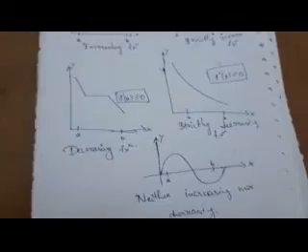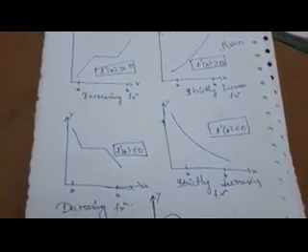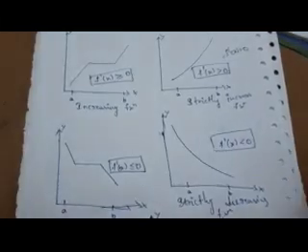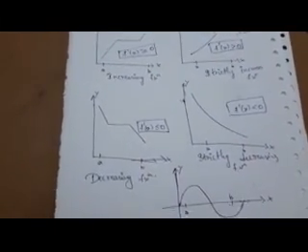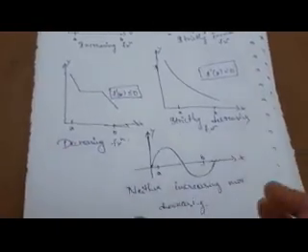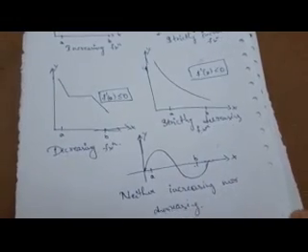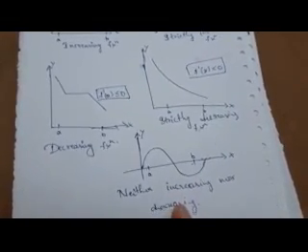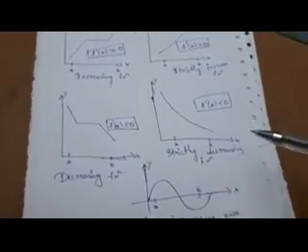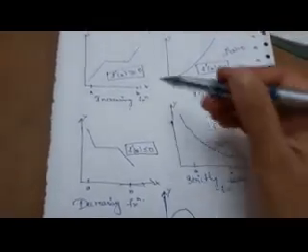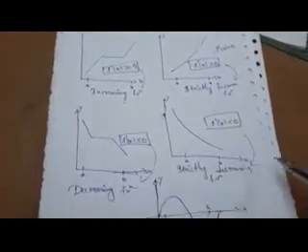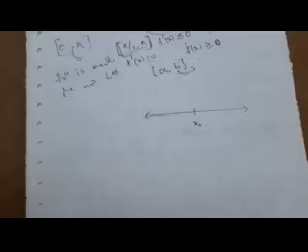So this is the general way of saying which condition is increasing, which is strictly increasing, which is decreasing, which is strictly decreasing, and which condition, when the function is both increasing as well as decreasing within the interval a comma b, is called neither increasing nor decreasing. Please note down the conditions for all of these in your book. Pause the video, note down all these things, and then move to the next part.